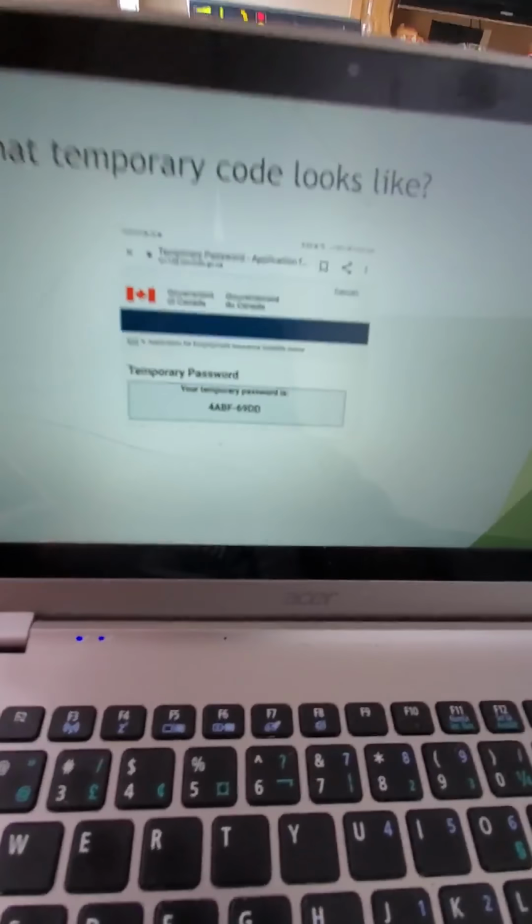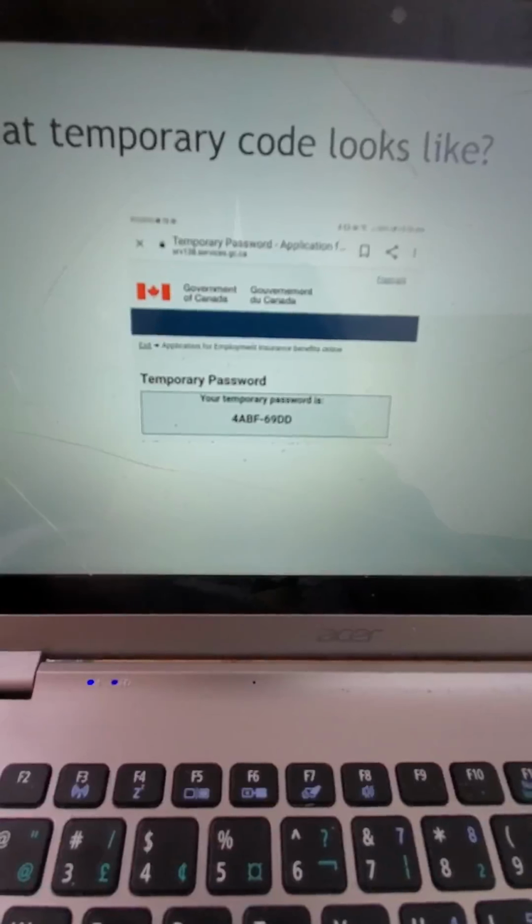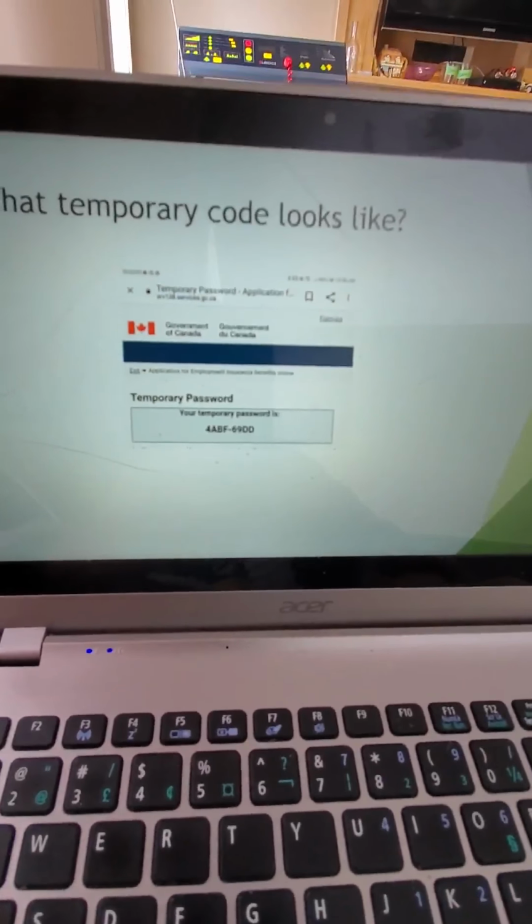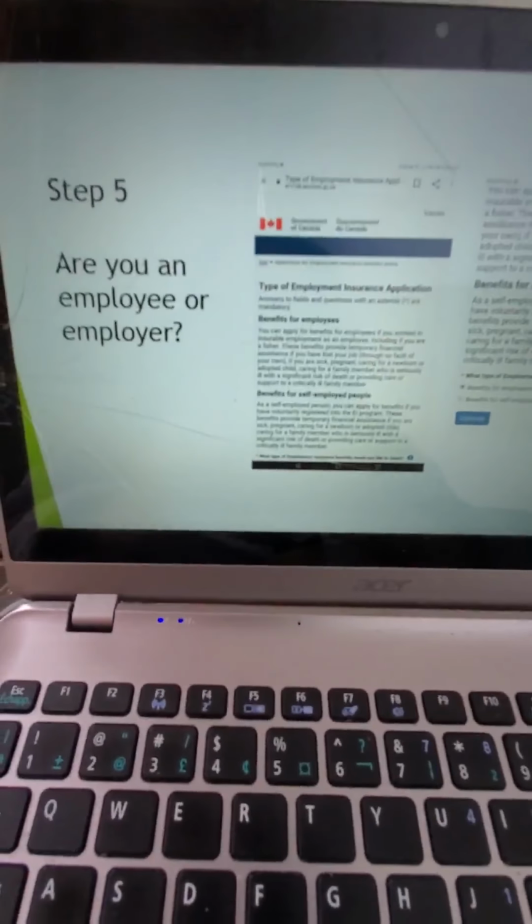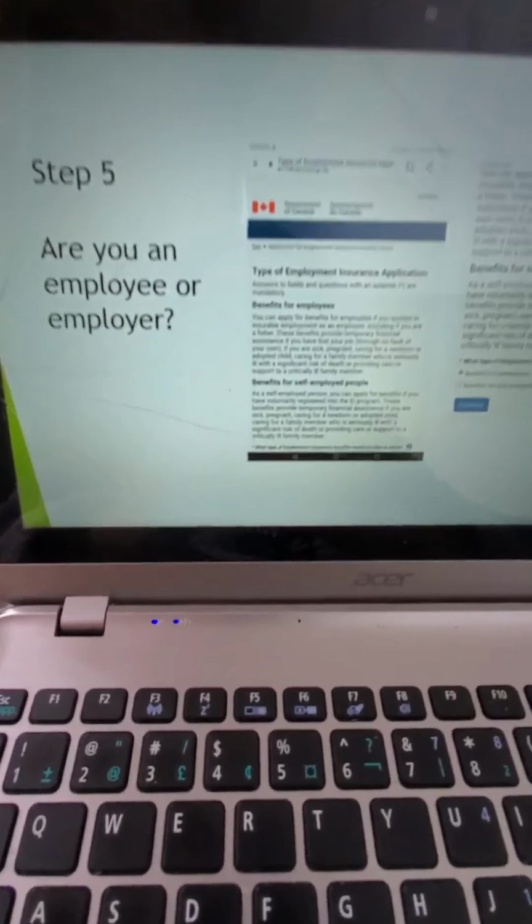The temporary code looks like this. It's not the mail temporary code. This is the temporary code you get when you go on it and, oh, I missed my direct deposit claim, direct deposit info, oh, I don't know what to write on that. So this is how it looks. It's not the one that comes from mail. It's the temporary code online. Okay, next. And then I'll be focusing on